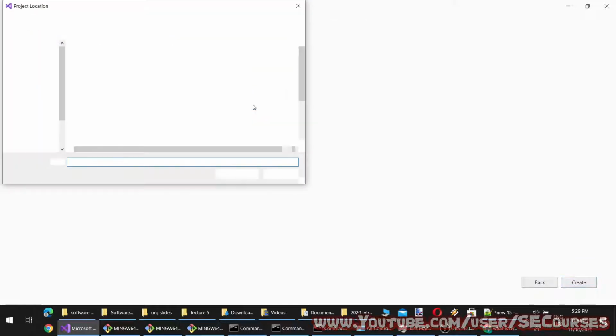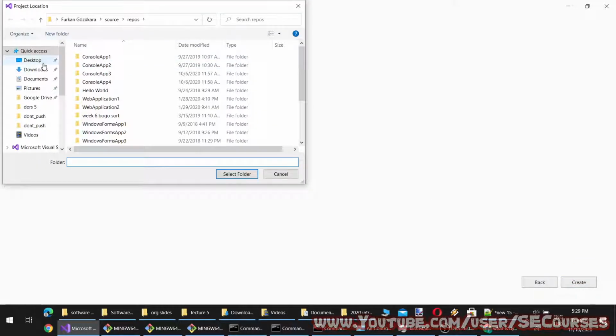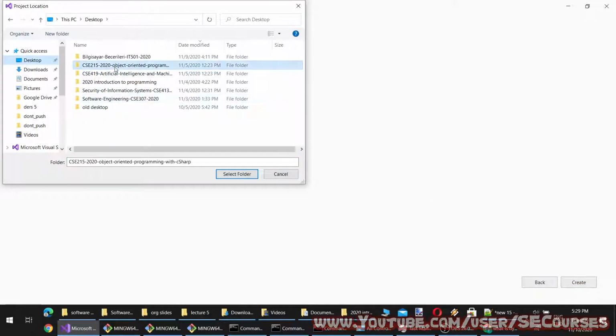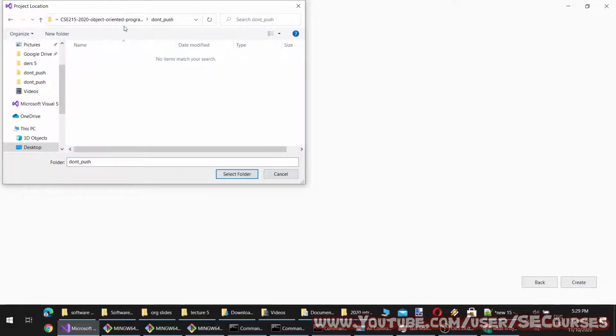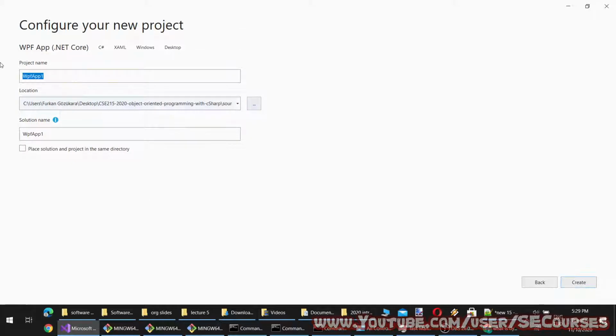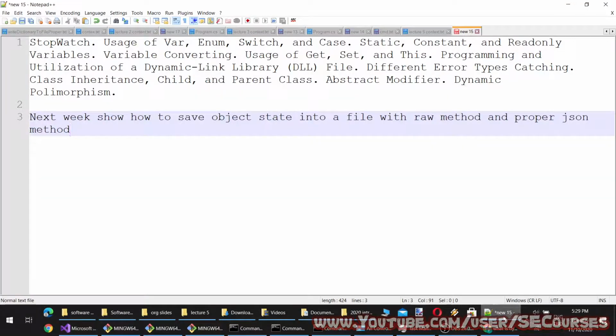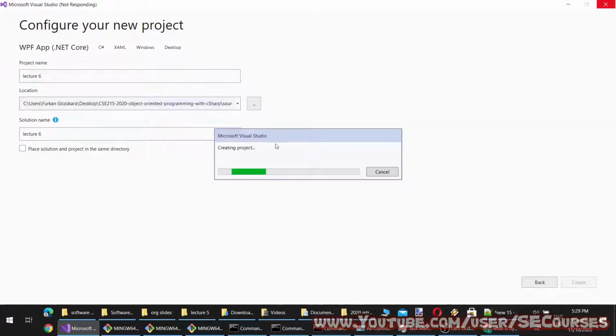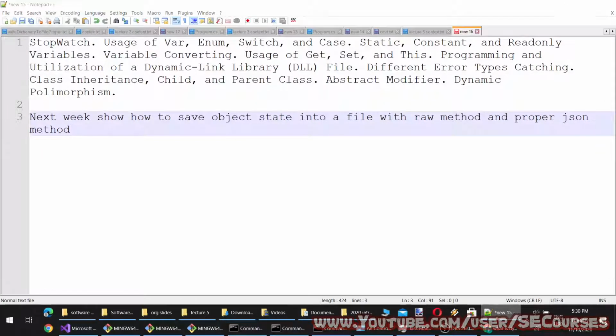Let's select the repository, the folder of the project, and name the project lecture 6. Today we will start with saving object state into a file and then reading it back.